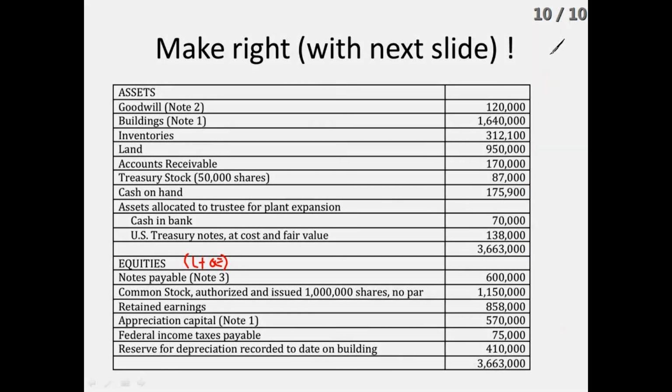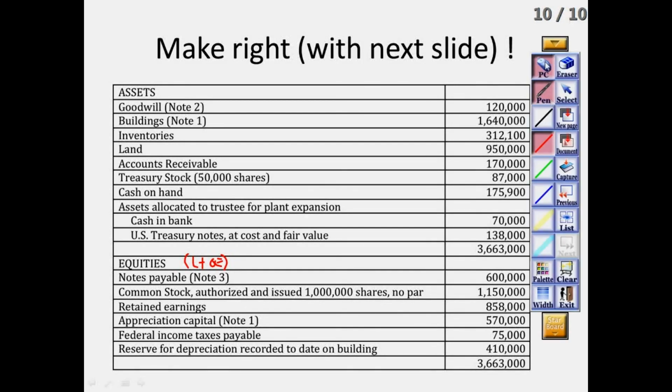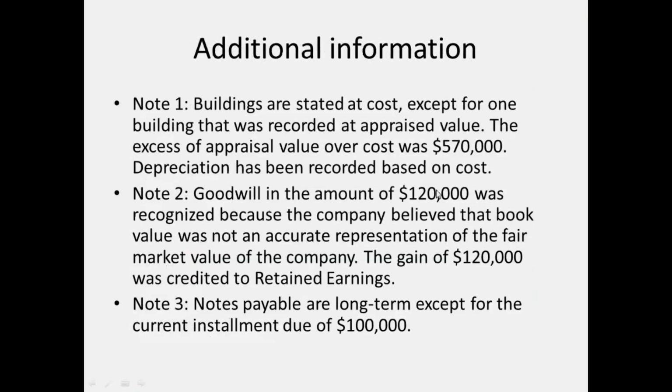Okay, so number one, they have goodwill. Now, under what circumstances can a company record goodwill? When they buy another company. Okay, so we've got to make sure that they actually bought another company. More importantly, what kind of asset is goodwill? Intangible. And where does it belong if I was going to put it somewhere? Absolute last, dead last, not first. So let's look at note 2, just to make sure that they've done it right.